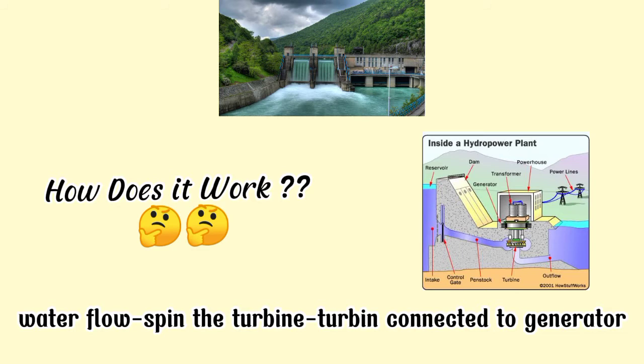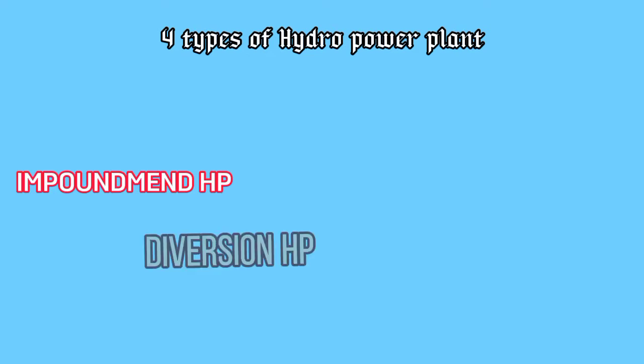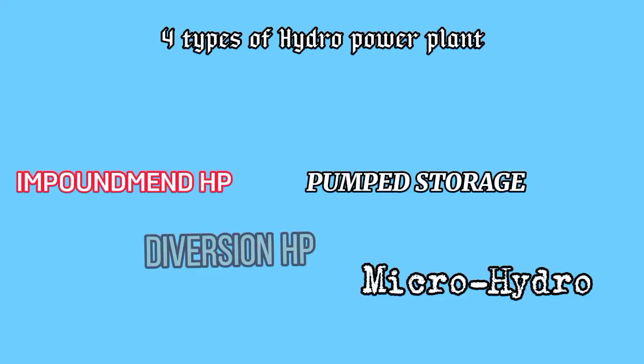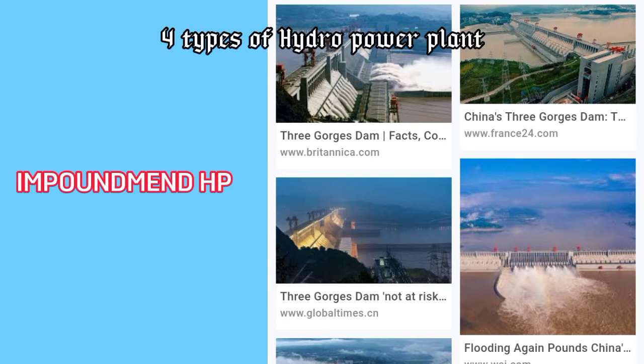then the generator converts the mechanical energy from the turbine into electrical energy. Okay, about hydro power plants, there are four types currently used in the world right now. Those are impoundment, diversion, pump storage, and micro hydro. The impoundment power plant is frequently used, like in the biggest dam in the world, the Three Gorges Dam located in China, which uses the impoundment type